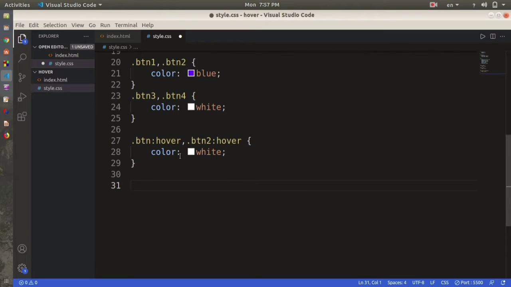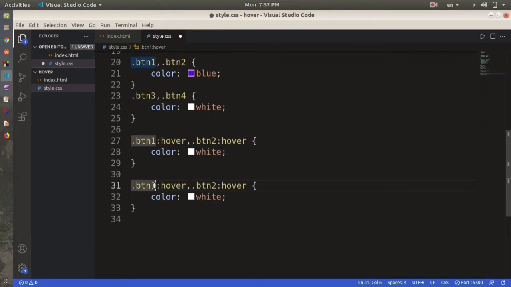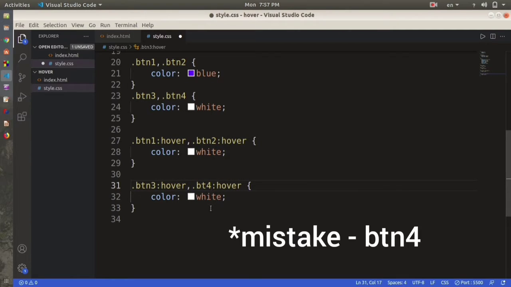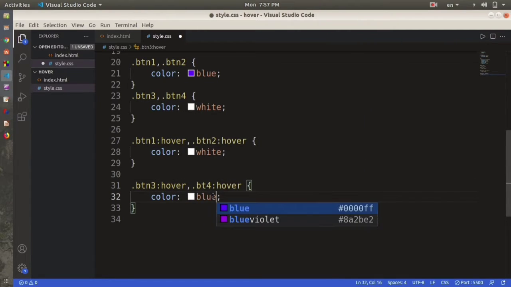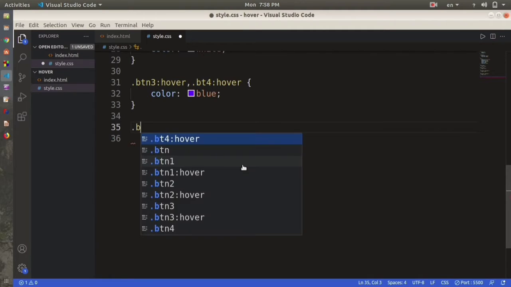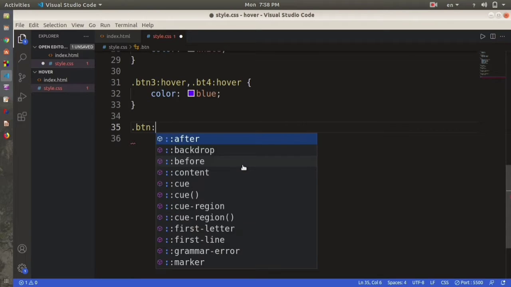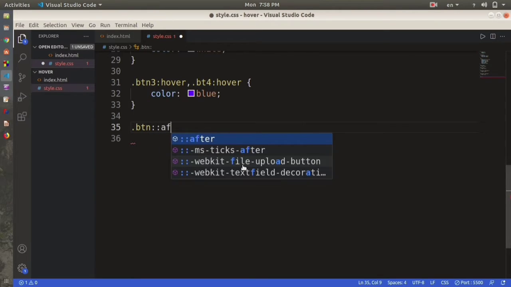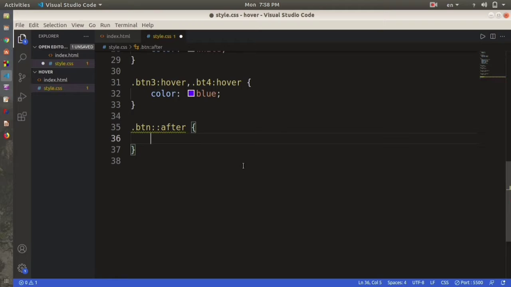Use the hover effect on button 3 and 4. I did a mistake here. This is button 1. So let me copy this and paste it here, and I'm going to change this to button 3 and button 4, and here I'm going to use the color as blue. Let's save this. Now we are going to style the button again. For that we are going to use the btn, and here I'm going to use after. Now we're going to use content